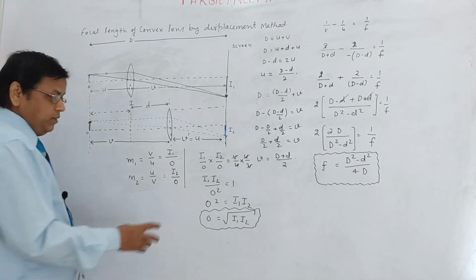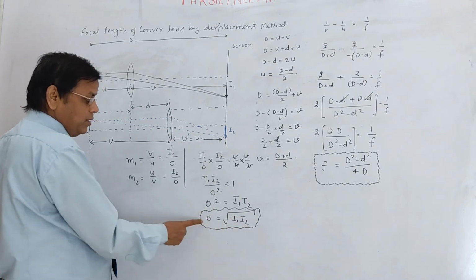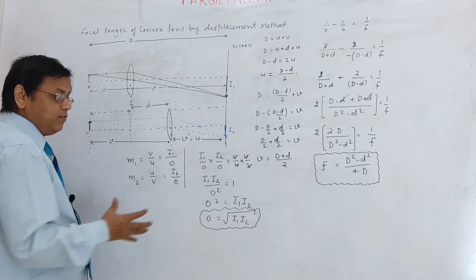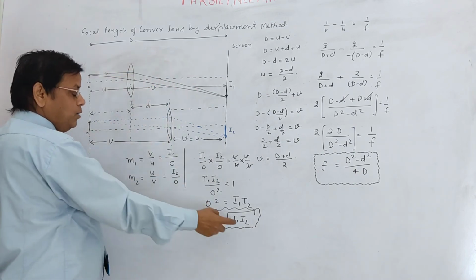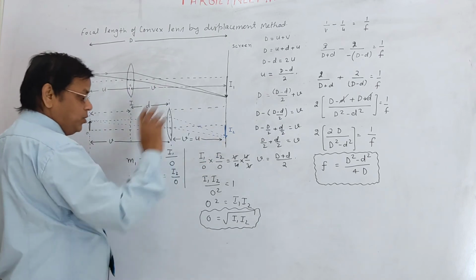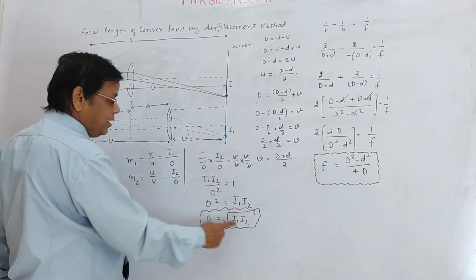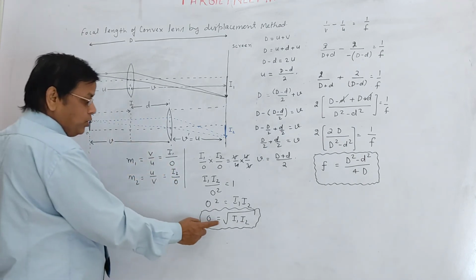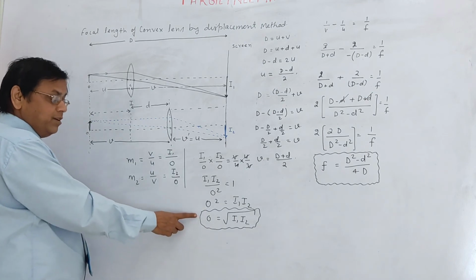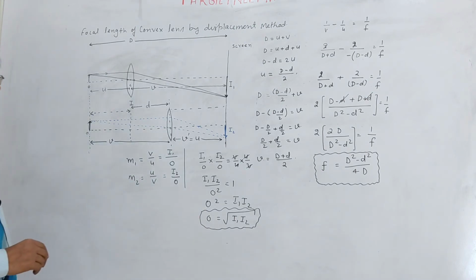So this is the formula which relates size of image in first position, size of image in second position, and size of object. O is size of object, I1 is size of image at first position of lens, I2 is size of image at second position of lens. And here you have to put only numerical value of size of images because sign is already considered in this equation. So this is also a very important result. Many times questions are asked on it, and using this formula you can solve that question.